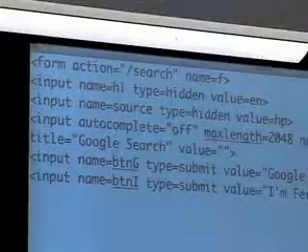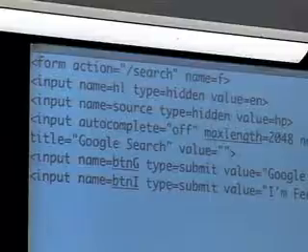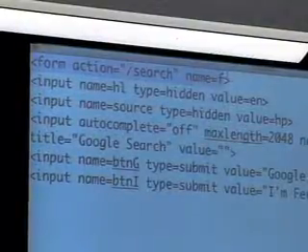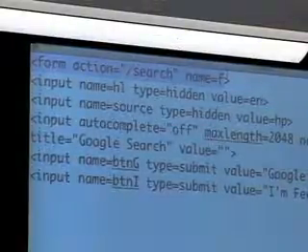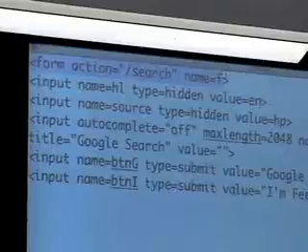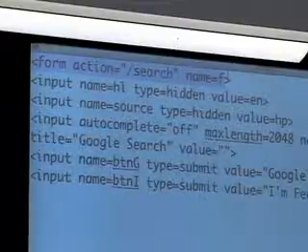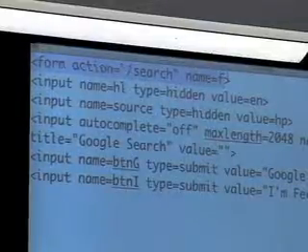So how can we go about re-implementing this? Well, let's see. Any form in a web page whose purpose in life is to actually submit data has an action attribute. This tells the browser to whom to send the data inside this form. So /search is where it's going to get sent. The slash is relative to the URL, to the domain name. So this means submit it to